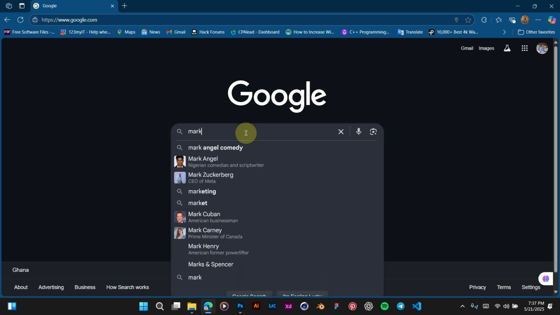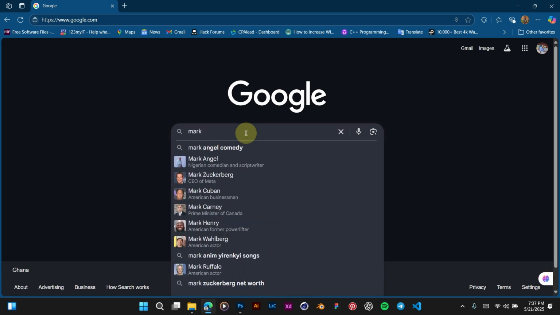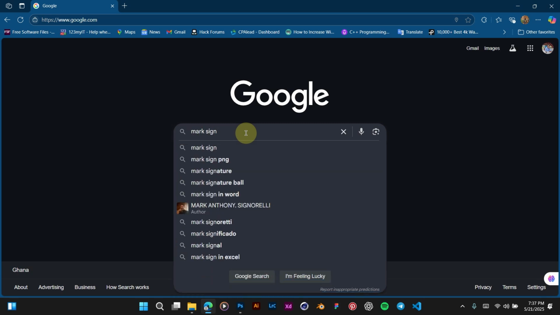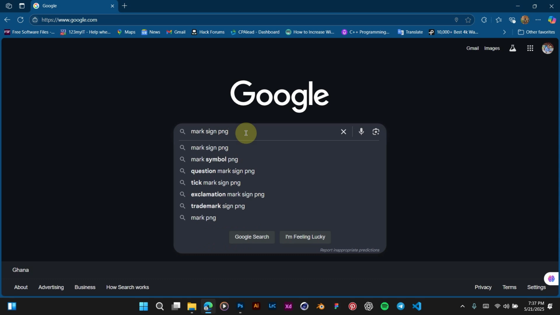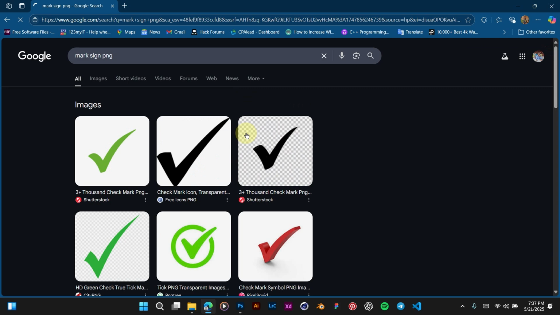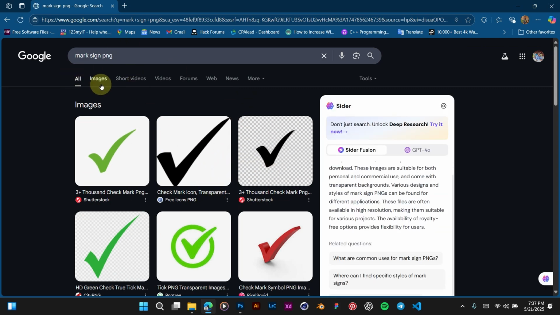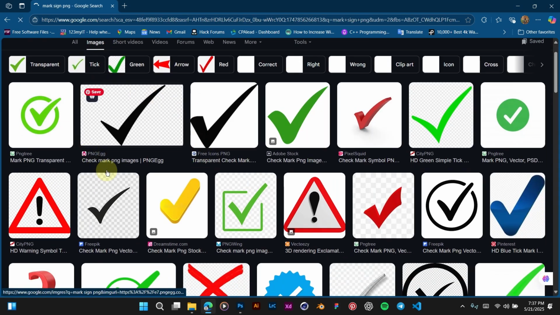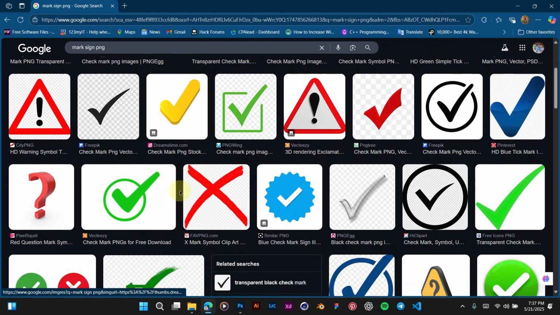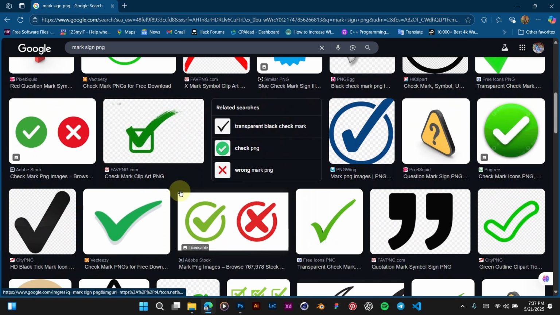You can search for mark sign png. Png means we have an object without a background. So you can see we have this correct sign. Let's go to the images and search for the one that we want. So I'll go for